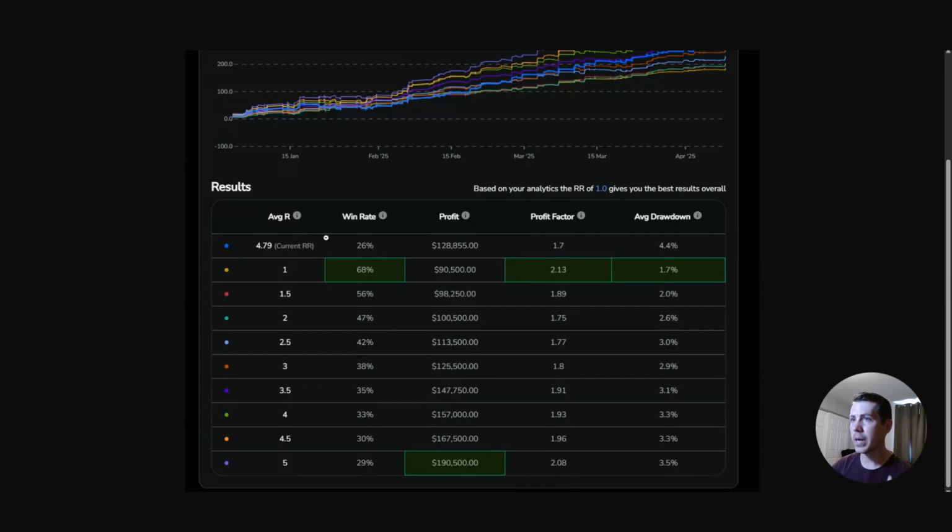I believe when I was talking to him, he said some trades he would do 3R, some trades he would hold up to like 10R. So he had a pretty variable take profit. So this is saying if he used a fixed 5R or a fixed 1R, he could pretty significantly improve his results. And then the cool thing is there's some flexibility here, where maybe there's two separate people trading the strategy,